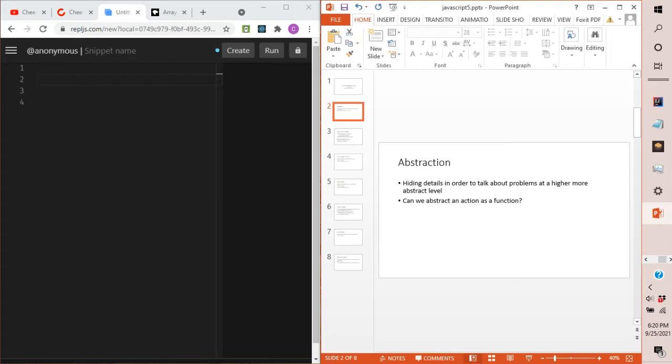Abstraction, as he defines it, is hiding details in order to talk about problems at a higher, more abstract level. So can we abstract an action as a function? Absolutely. This is going to mean that you basically hide the details of an action within a function, and then you just call the function. So let me see